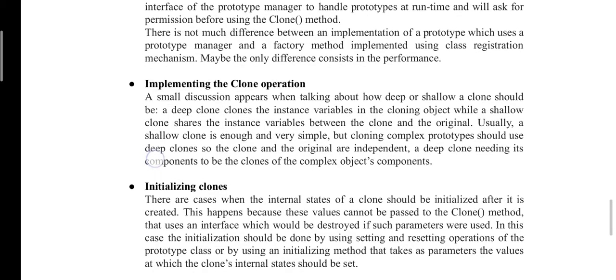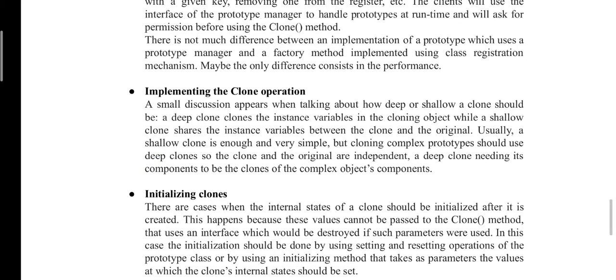There are cases when the internal state of the clone should be initialized after it is created. That means once you have created the clone, it should be initialized after it gets created. This happens because these values cannot be passed to the clone method, since that would destroy its interface if such parameters were used.